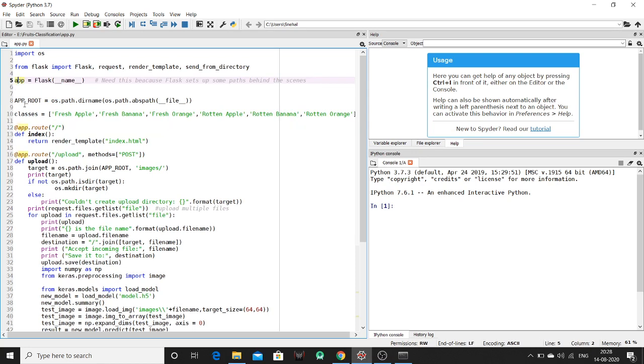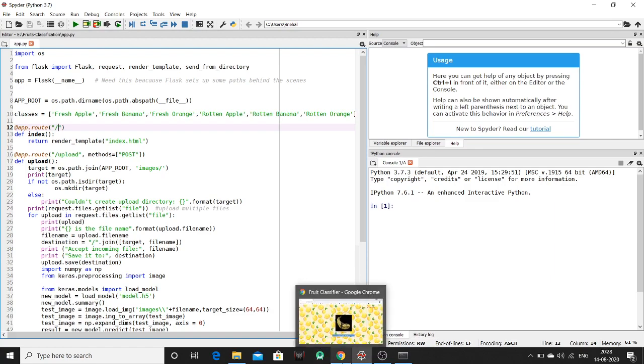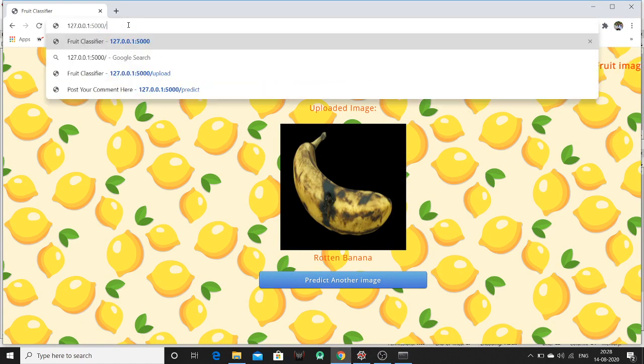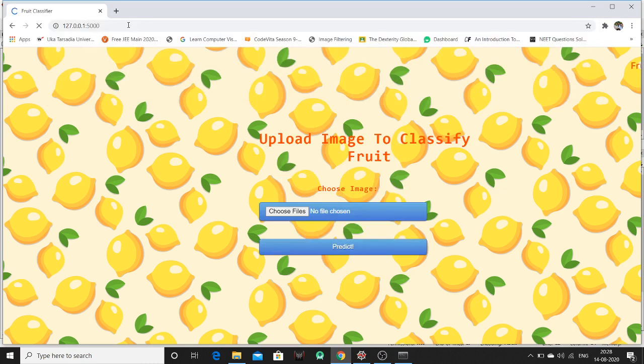Now by using this Flask application, we are going to give a path to our web browser. If you see any website, it will have a path like this. If I am only entering this value, then automatically it will take the slash sign.